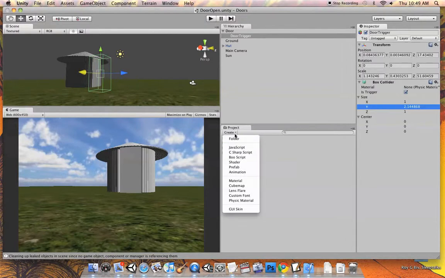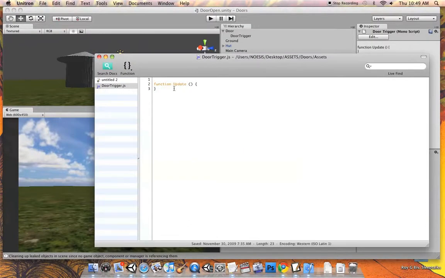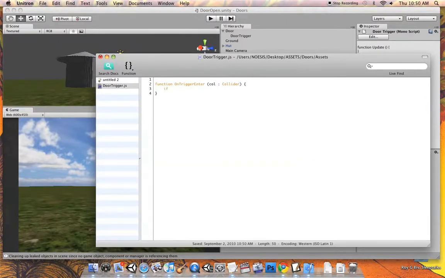Alright, so now I'm going to need to create a script for this trigger. Go to the project folder, create JavaScript. We'll call it DoorTrigger. Open it up. We're going to declare the OnTriggerEnter function. Then in parentheses, col, Collider, uppercase C, and open and close brackets. And then we need to check that collider to see if it's our player. So if col.gameObject.tag equals,